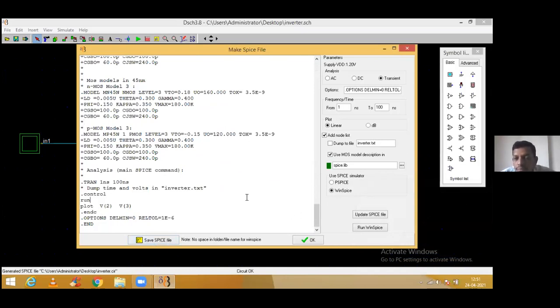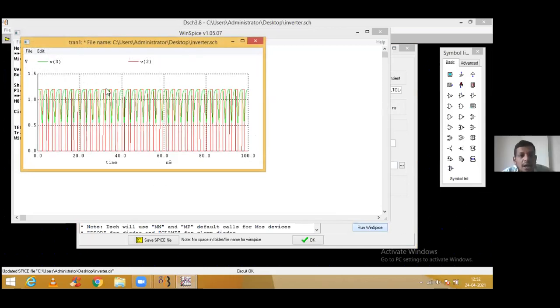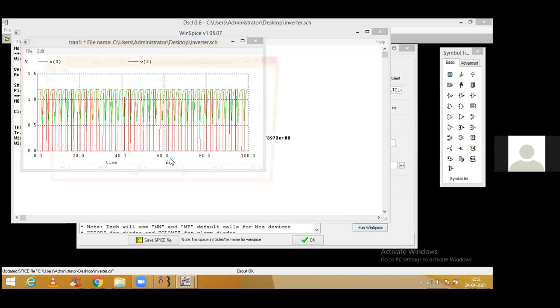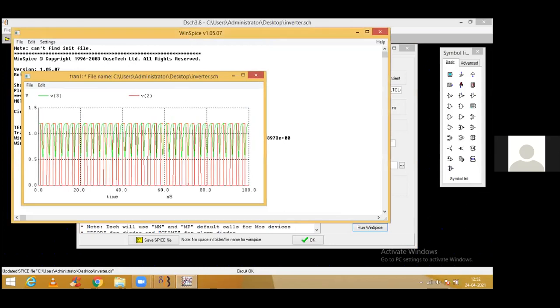Now, the same license I have, I am providing to you. I don't know what the issue is, but I will tell you another option. How can you simulate this? Use WinSpice. You can choose any analysis: AC, DC, transient. I'm going for transient analysis. You can update the SPICE netlist and run WinSpice here. The timing is very small, so we can use the zoom-in option for a selective portion. This is the input versus output, and green is your output, where the charging and discharging curve will happen. Now, guys, one more thing.